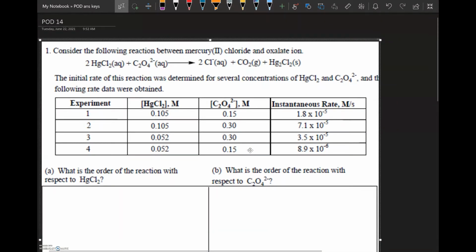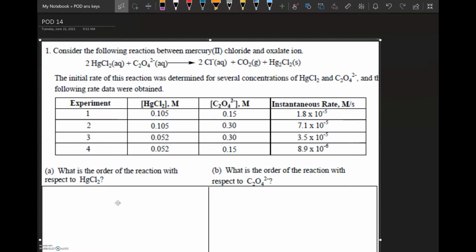So we have a reaction that involves mercury chloride and oxalate ions, and we have some experimental data that was collected below. One of the things we have to do, in problems A and B, where it says determine the order of reaction with respect to each of the reactants. In order to do this, you can't solve for two variables at once. So we have to find a constant so that it cancels out while